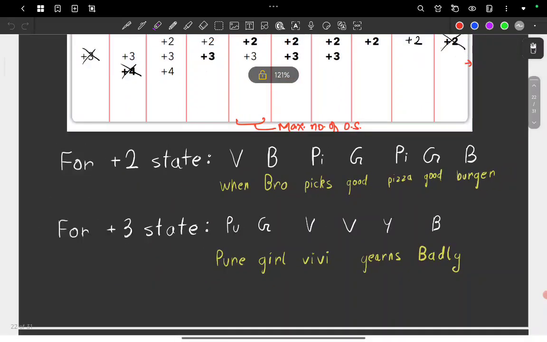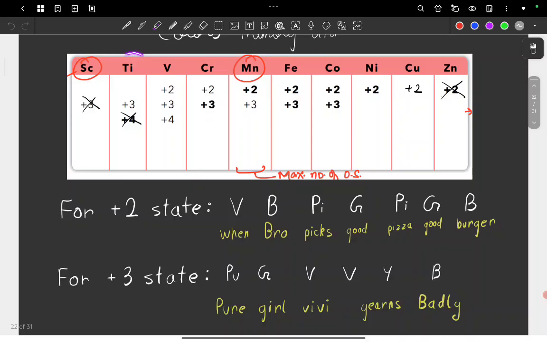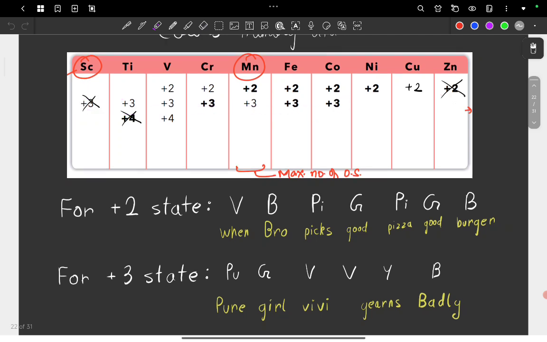So using this, you remember the plus 3 transition state colors. How? You have to brute force into memory that it starts from titanium and ends at cobalt, the plus 3 states. Normally plus 3 states exist for other elements too, like scandium, but we are only learning the colors right now. Vanadium plus 5 also exists here, plus 6 also exists, but we are not considering their colors here. Okay, so using pure, you have to remember Pu,